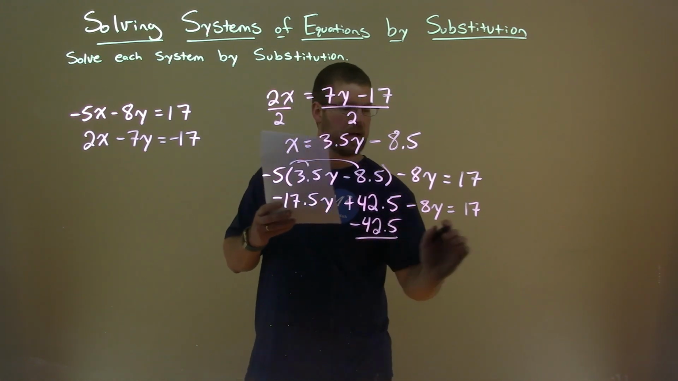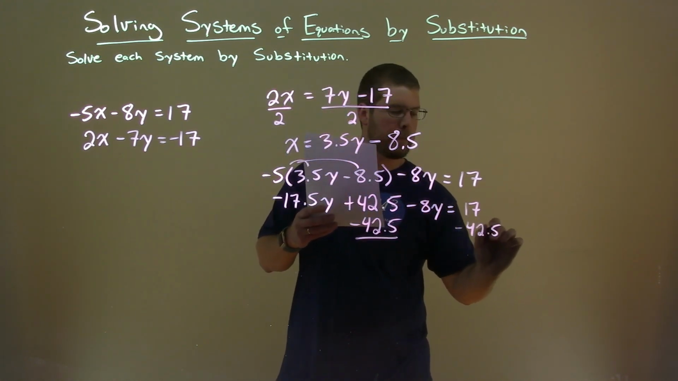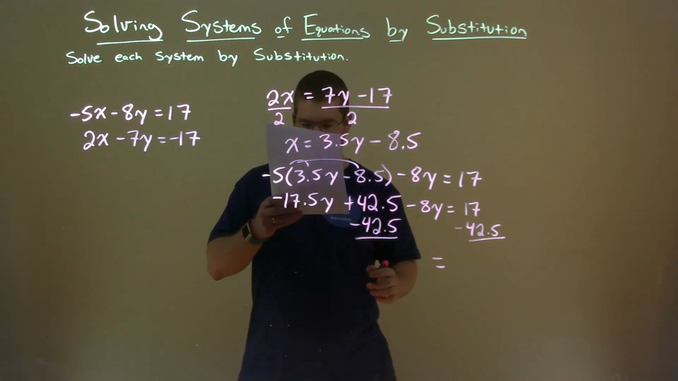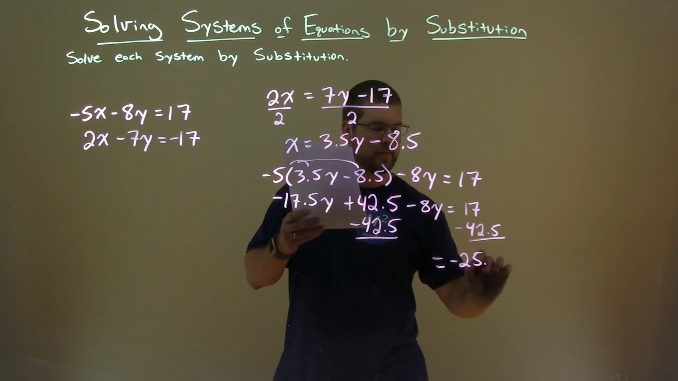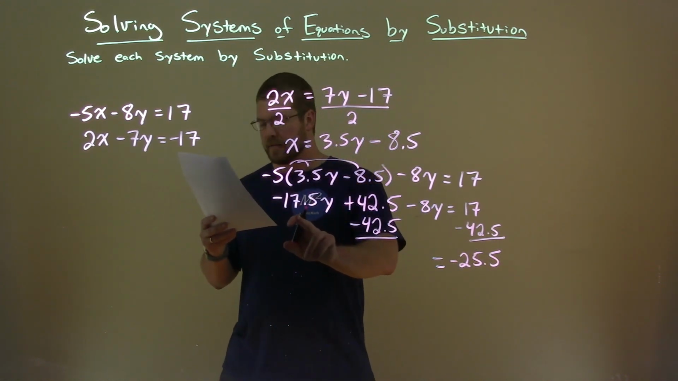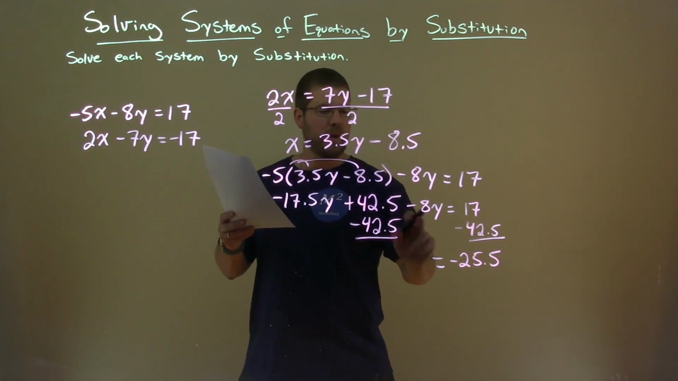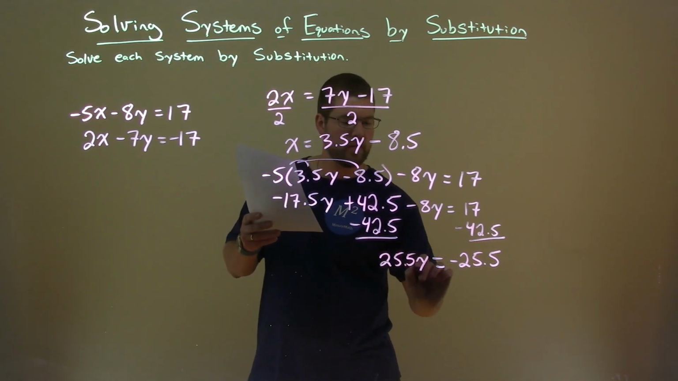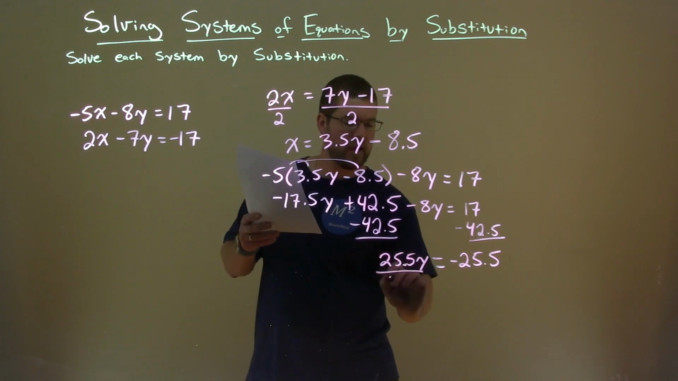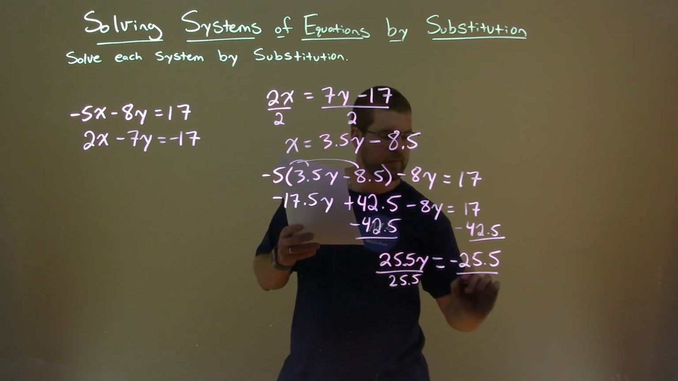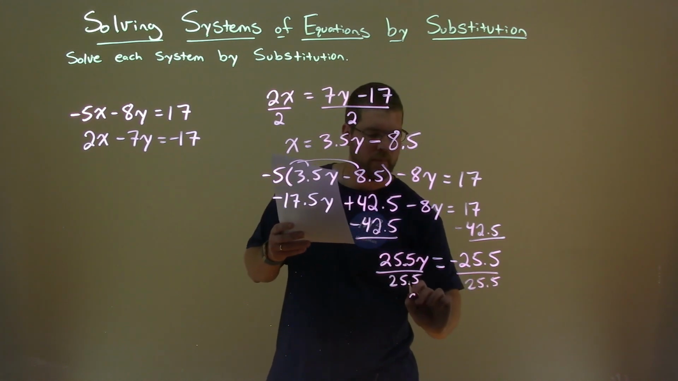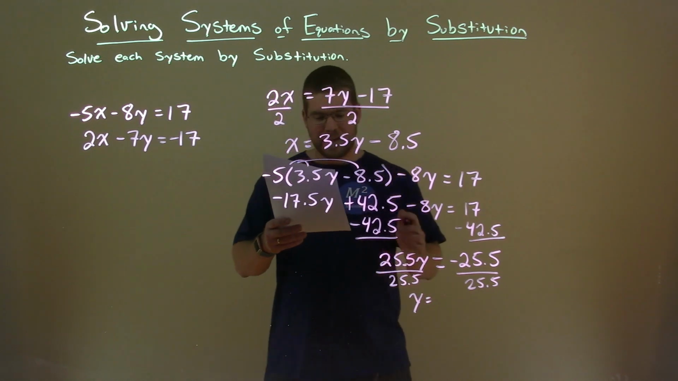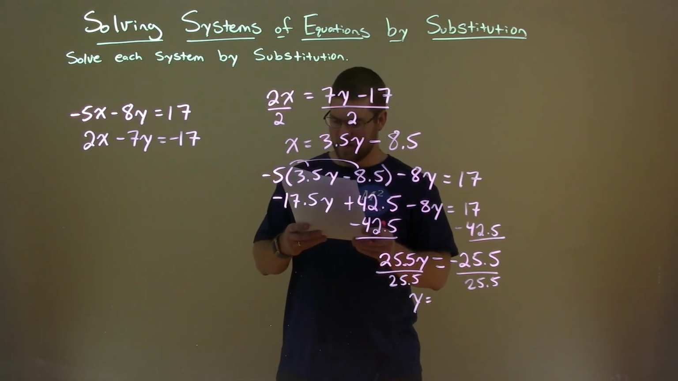Let's get our like terms together. And we're left with, on the right hand side, 17 minus 42.5, which is negative 25.5. Negative 17.5y minus 8.5y is a negative 25.5y. Divide both sides by 25.5. And y by itself is equal to, well, negative 25.5 divided by 25.5 is a negative, or sorry, it's a,